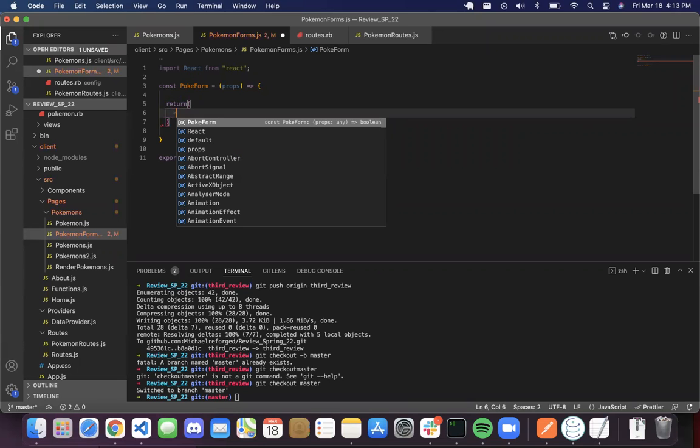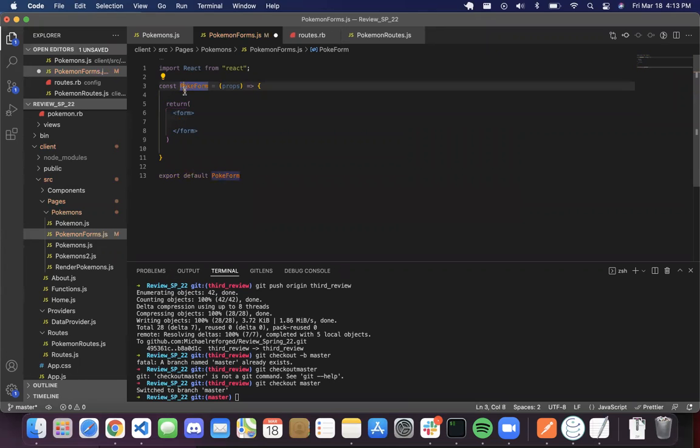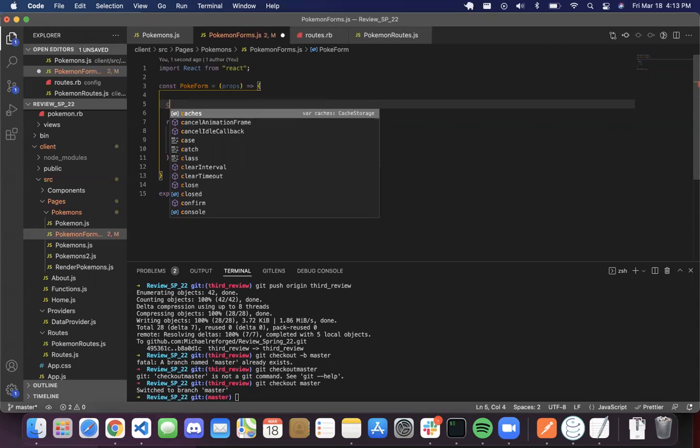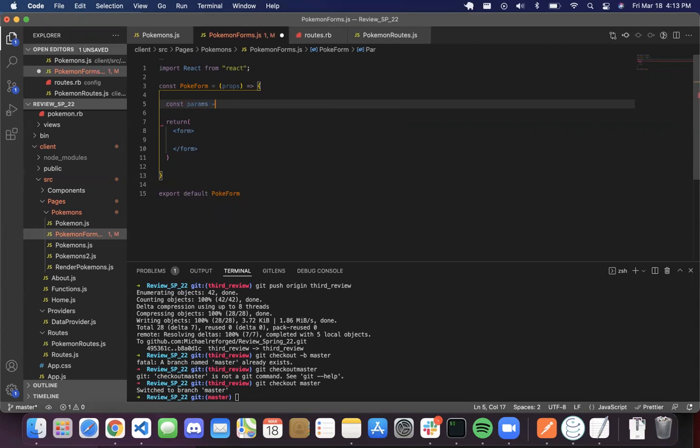And then this is going to be a form. This is baseline kind of what you need. Well, I should probably fill out the return, but real quick, this is gonna be a multi-purpose form, so it's gonna be both a create and an update. To kind of do that, we're gonna have const params is equal to